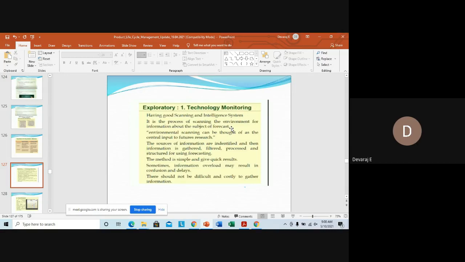You should scan, whatever it was, the solar cars in 2020, in 2030. It means if you want to manufacture around 1 lakh cars or around 10,000 cars, whatever it may be, this is called the objectives of the company. If the objective of the company is to manufacture 1 lakh cars in 2030, so now itself,